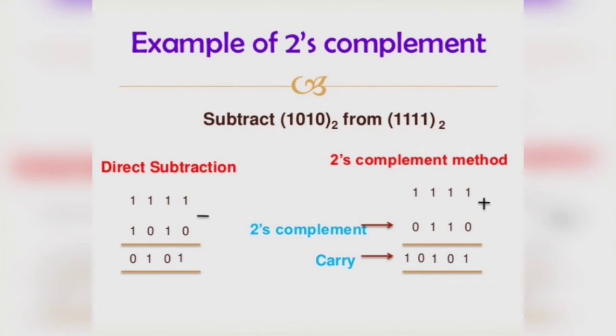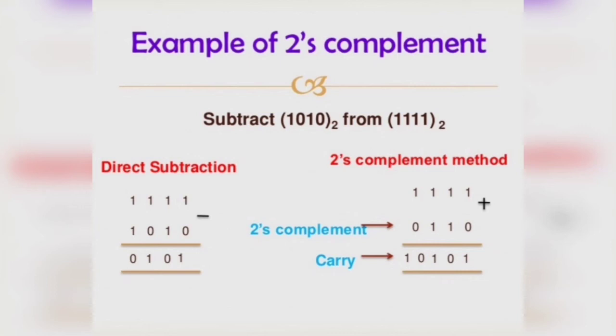We have to write 1111 as it is and we have to make the 2's complement of 0101. To make it 2's complement, first we have to make it 1's complement and add plus 1 to it. We make 0101 to 1's complement, it becomes 1010, and we have to add plus 1 to it. Then it becomes 0110.